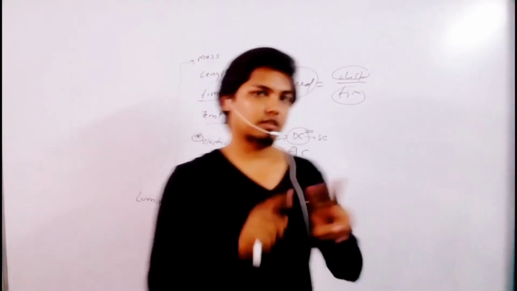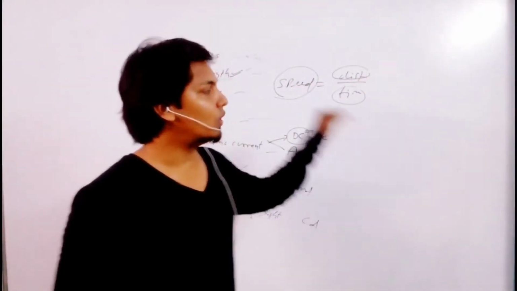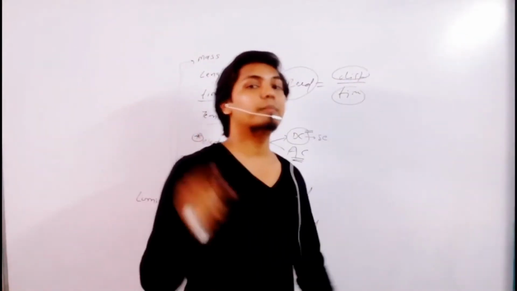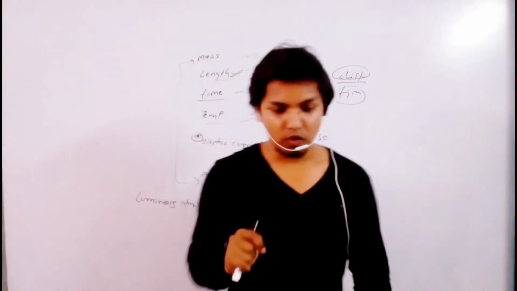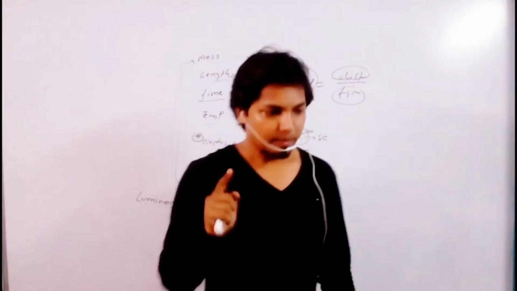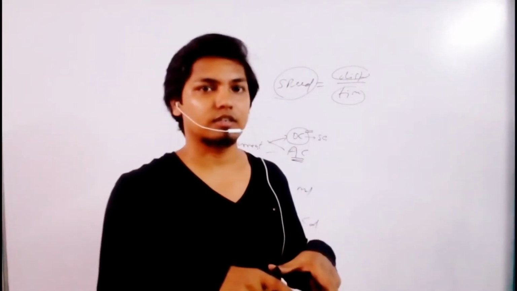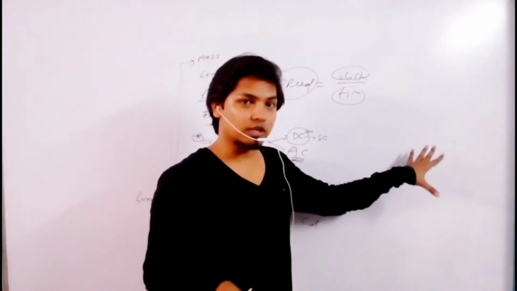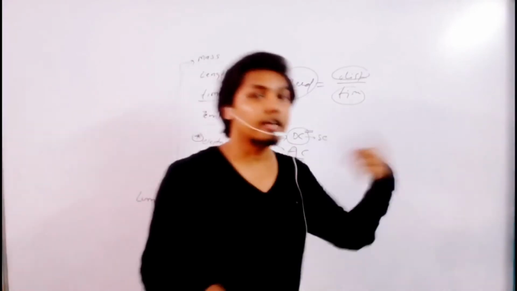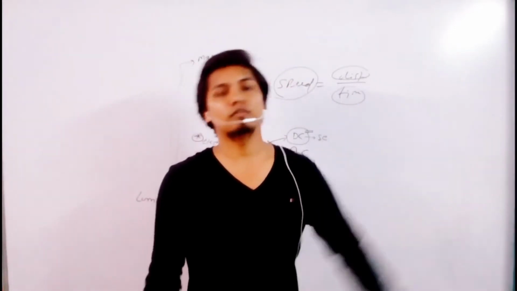Then 2 boys: one will apply 5 Pascal from this side, this guy will be able to open the gate. One guy will apply 5 Pascal from the inside towards outside. That guy will not be able to open the gate. Means direction is coming into the picture. There must be some other quantity which we have to define because of direction. No doubt this gate is going to open because of pressure. But that new quantity which is coming into the picture because of direction is nothing but force.